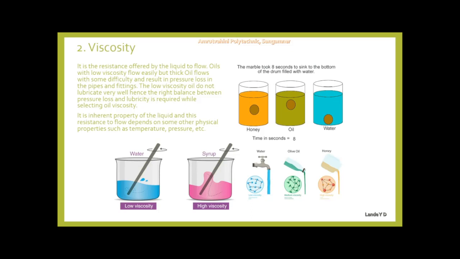Viscosity is typically expressed in units of centistokes, cSt, or centipoises, cP, and is often referred to as the thickness of the oil. Higher viscosity oils are thicker and flow more slowly, while lower viscosity oils are thinner and flow